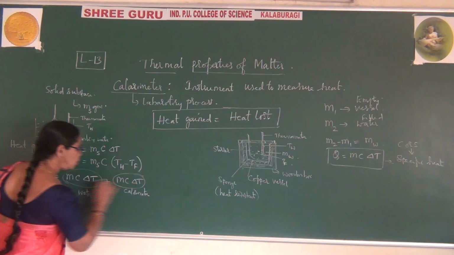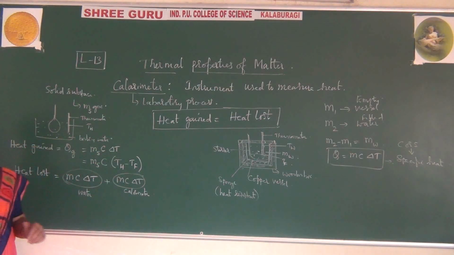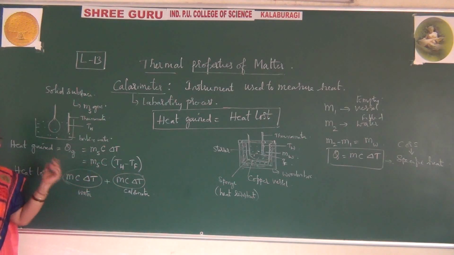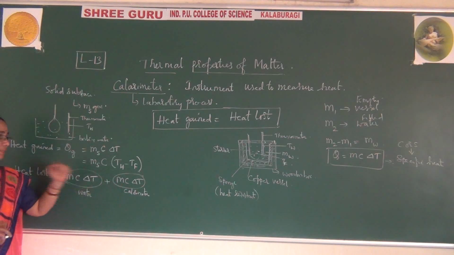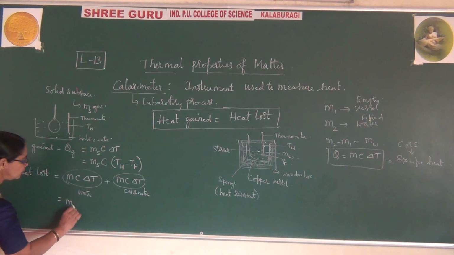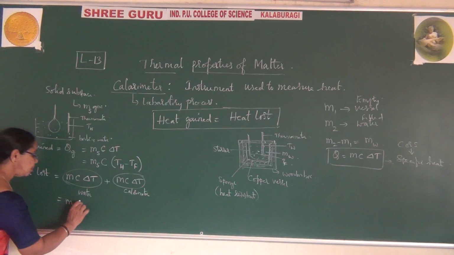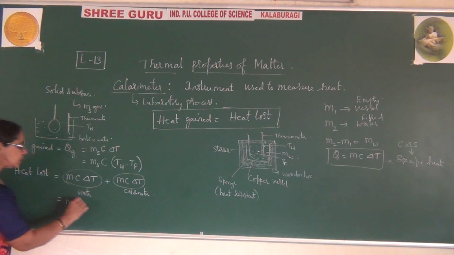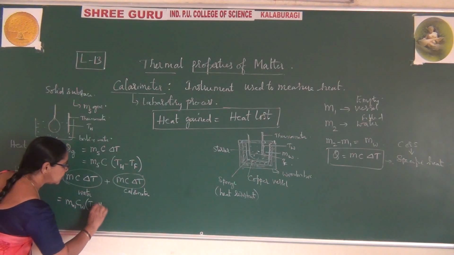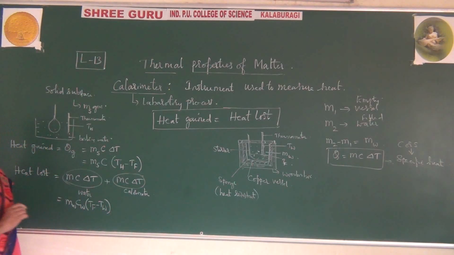Calorimeter. So two steps are to be followed in that container. One is for water, the quantity of heat given to the water, and the other is the quantity of heat for the calorimeter. These things we write using that formula. For water, I write M_W, C_W, the specific heat of water, and delta T. Here we write for the water that is already there and the final temperature it has attained. So I write T_F minus T_W for water.